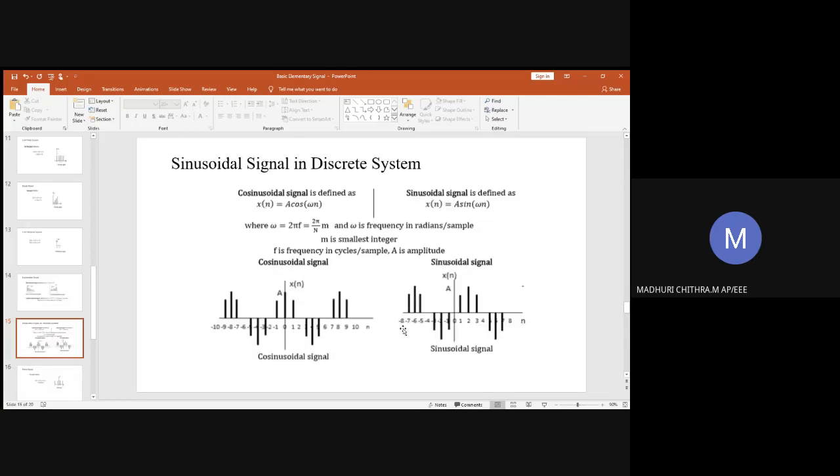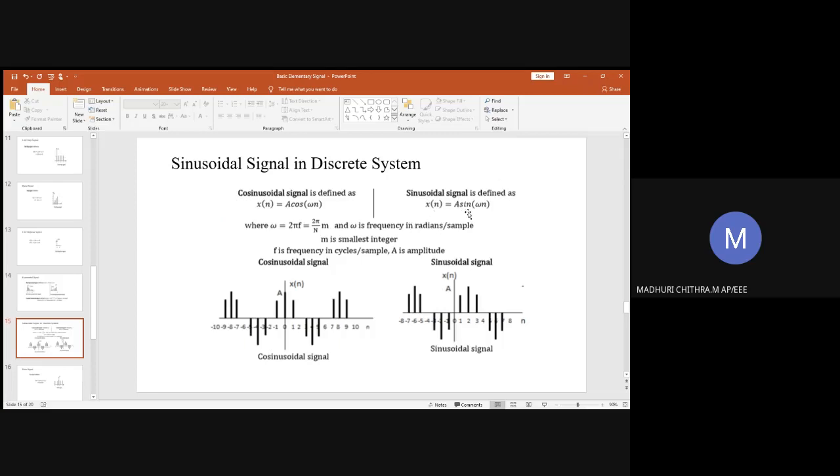Next, sinusoidal signals in discrete systems. If it is a continuous signal, the curve will go from this to this and we will get a continuous signal. But it is a discrete system, right? So the signal is defined as x of n equal to a cos omega n for cosinusoidal signals, and